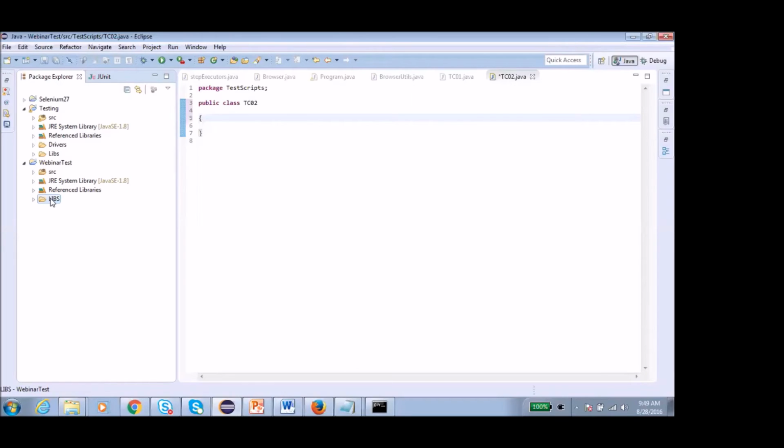Then when a new person joins me in the automation, and I copy the whole project solution to his machine, all these executable jar files need to be downloaded on his machine separately for that particular project.